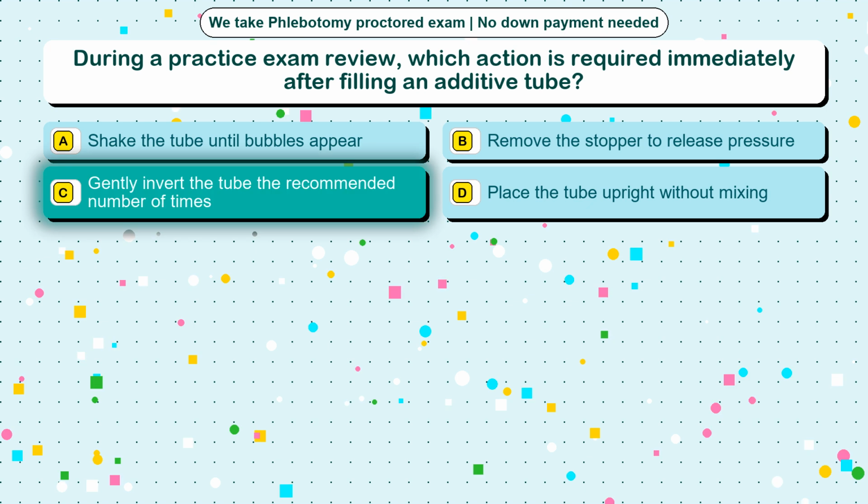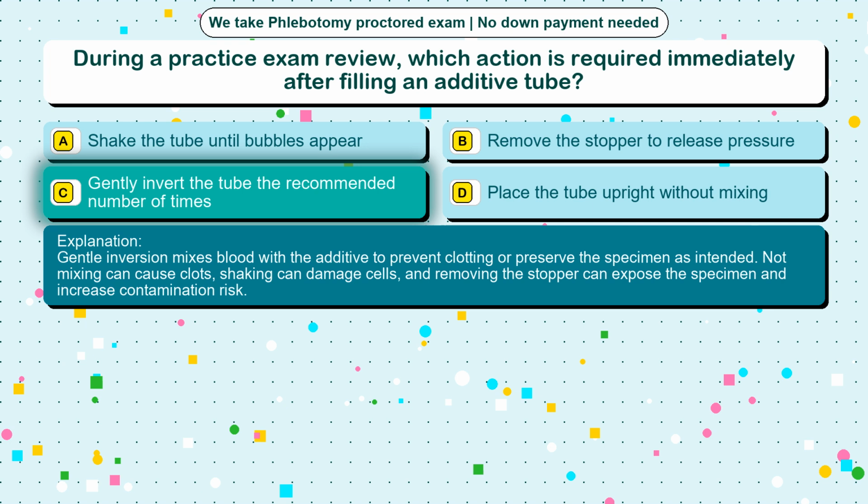The correct answer is option C. Gently invert the tube the recommended number of times. Gentle inversion mixes blood with the additive to prevent clotting or preserve the specimen as intended. Not mixing can cause clots, shaking can damage cells, and removing the stopper can expose the specimen and increase contamination